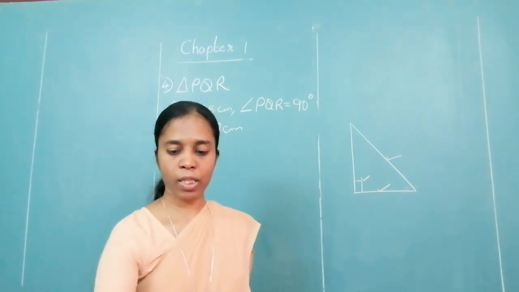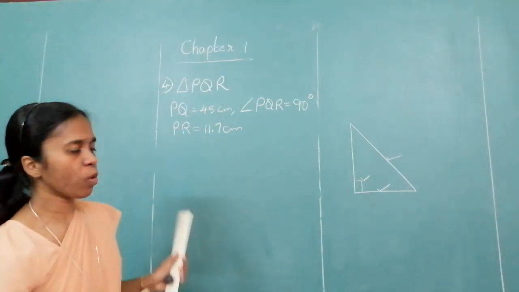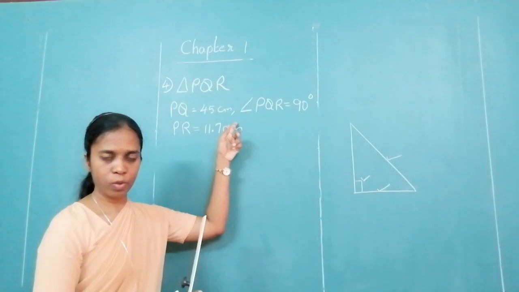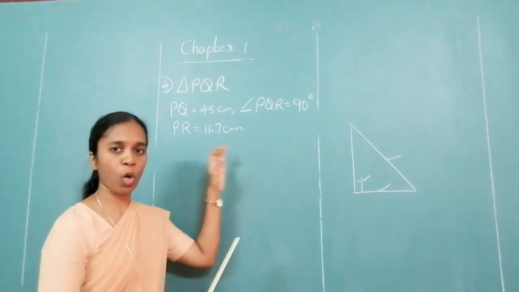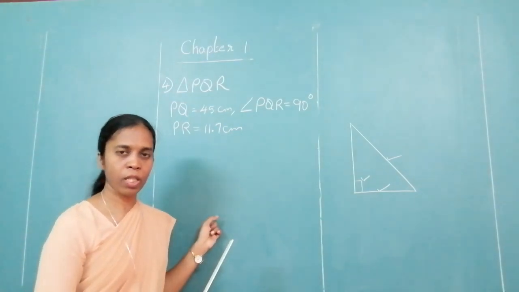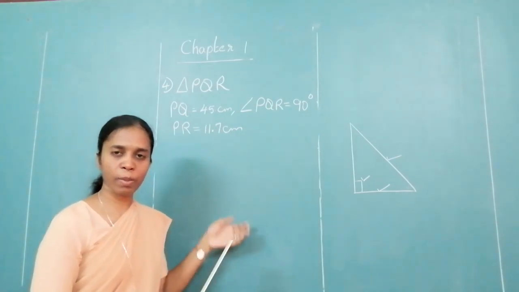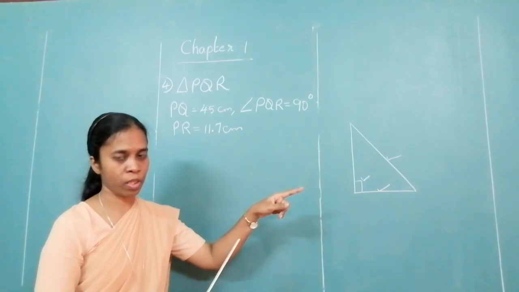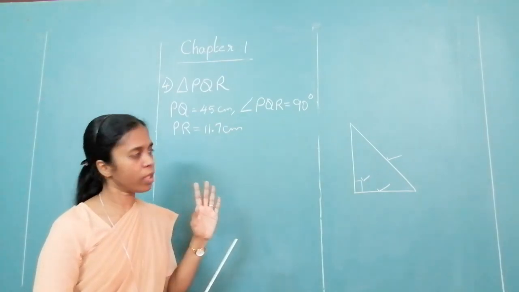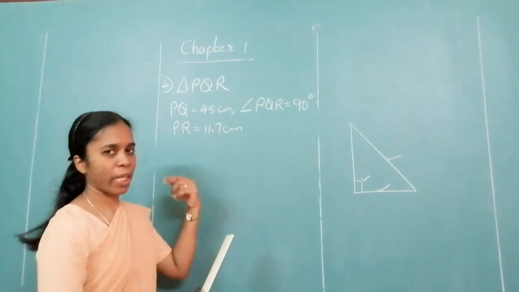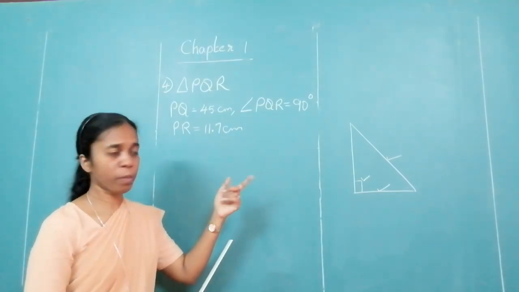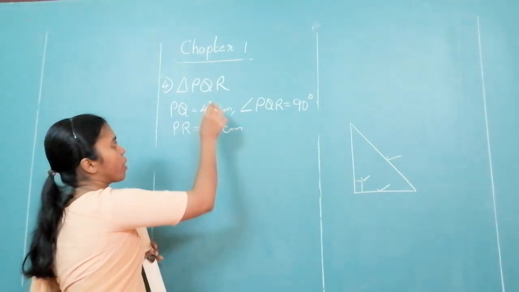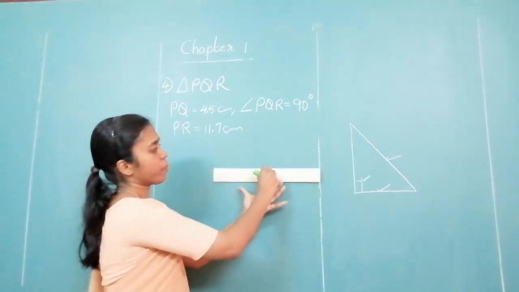To make our construction easier, we take the base as the smallest side. All this while we were taking whichever was the longest as base. There is nothing wrong even if you take the longest, but your diagram may come out a little upset because we know the longest side is the hypotenuse. So to make it look better, we will take the smallest side. This is 4.5. Now how is the rough diagram?